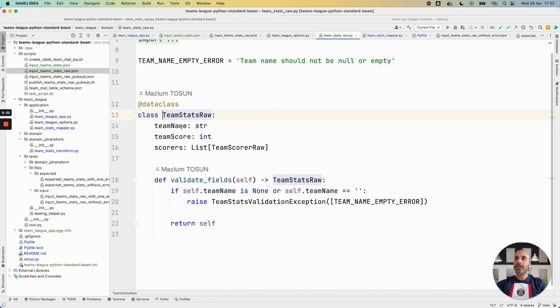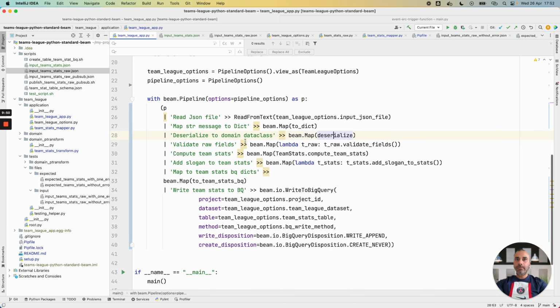I can directly set and apply all my needed fields in my object. I have this dataclass annotation and it's done.